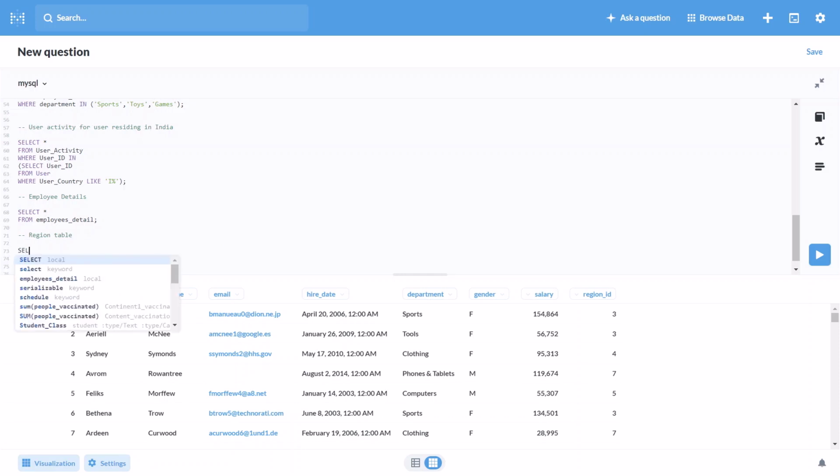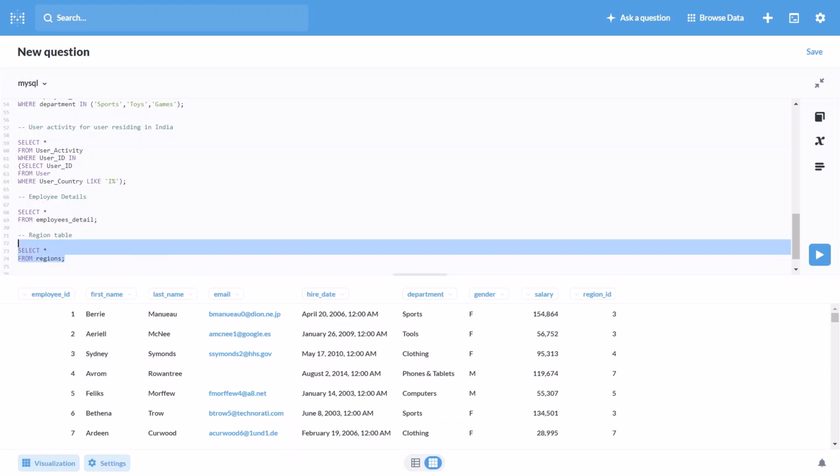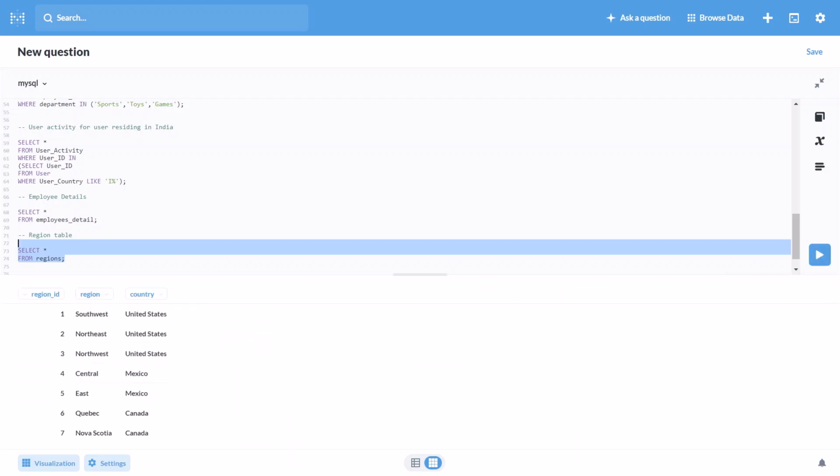Okay. So let's do a select star from the table we want, that is the regions table. Let's look at this table also. Great. So this table has 3 columns with 7 rows, which tells you the region ID, region and country. Now we have got the details of employee ID and region ID. Okay. So we have a region ID for cubic region, that is region ID 6, and we need to get